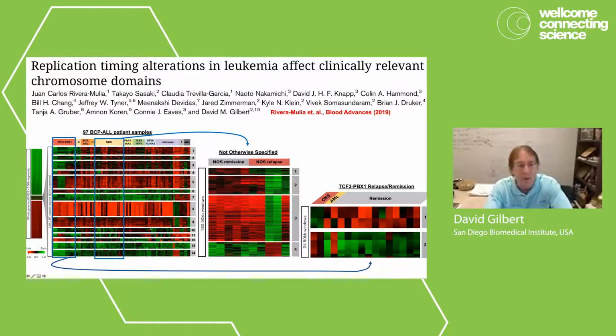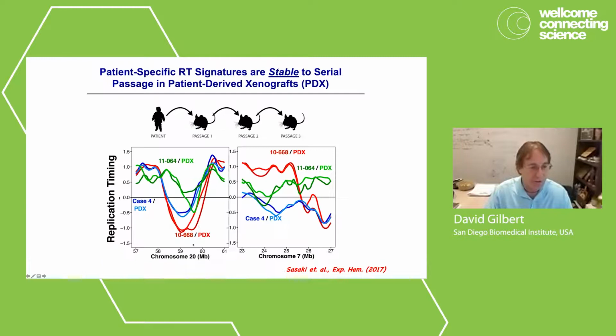Okay, so another thing we could do is take the patient samples that have the same genetic subtype and cluster those. And as you can see over here on the right, we found a signature in common between 2 patients, both of which relapsed in the central nervous system, and not in common with remission patients. So these are very small numbers, of course, but I only was able to get very small pilot grants. I was never able to get a large grant, and so that's something I still need to work on.